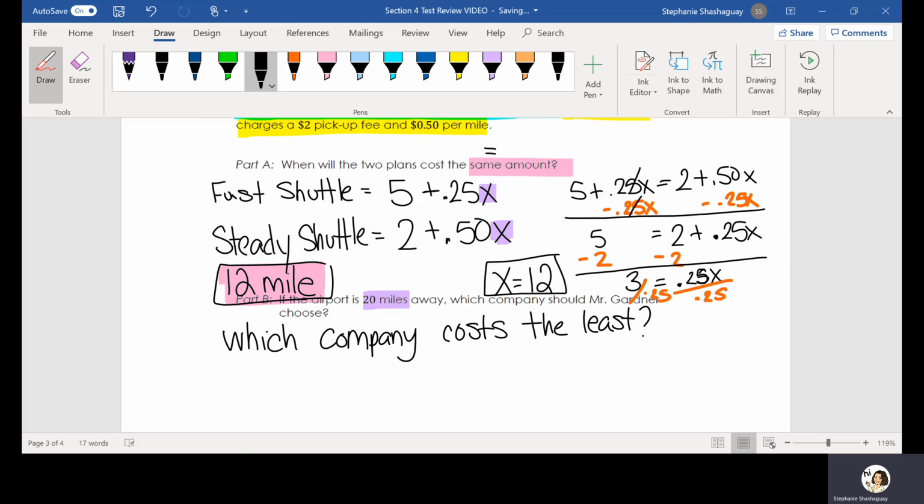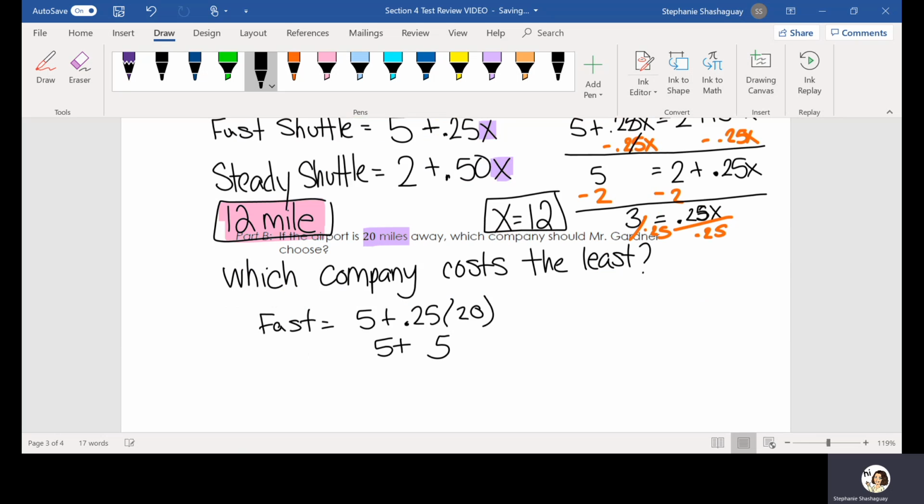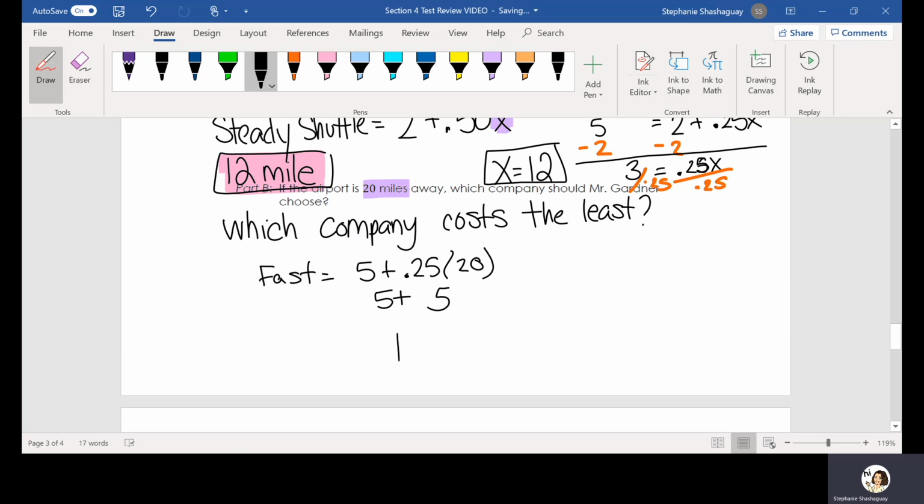Okay, so to find that out, we're going to plug in that 20 into both equations. So fast shuttle is going to be equal to 5 plus 0.25 multiplied by 20. 0.25 multiplied by 20 is 5. 5 plus 5 is equal to 10. So it would cost $10 for the fast shuttle, and for steady shuttle,